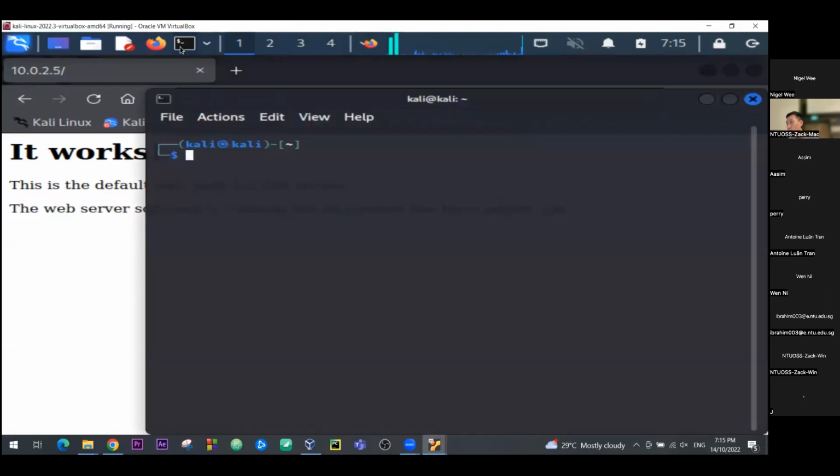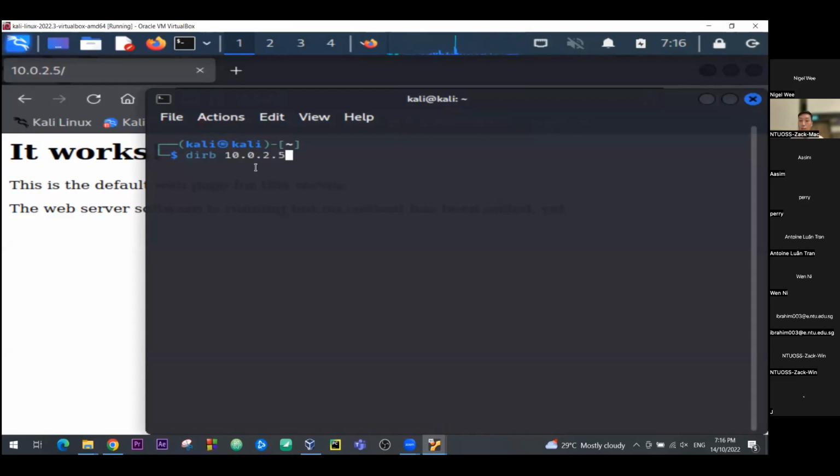So this time we're going to use a new tool called dirb. It's a tool that helps us find hidden files and directories behind the website. So we can just type it like this,